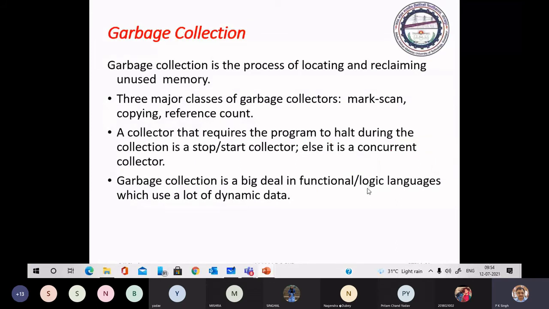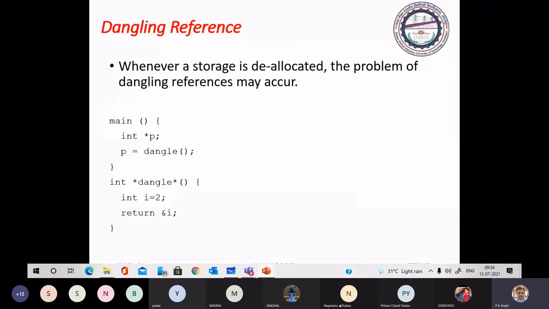So there is a garbage collector that will manage the garbage. Here is a very good example of a dangling reference.